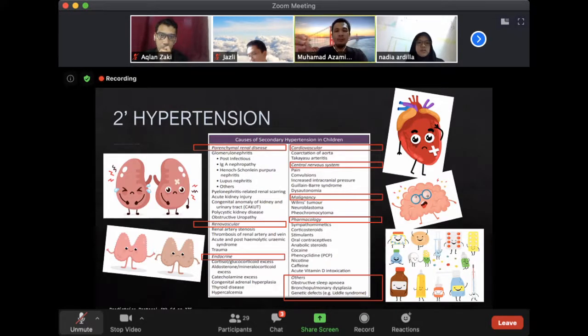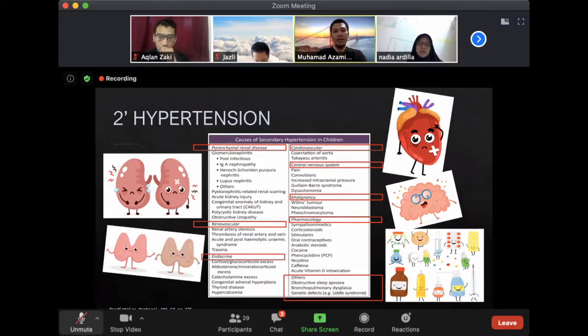At that particular time, you just want to make sure that the BP is always normal, so that it does not cause damage to your basement membrane and your glomeruli, because if you damage them, then most likely the child will develop hypertension all their life. So by doing that, you're hoping to reduce the damage to the glomeruli. Hopefully, once the PSGN subsides and resolves within 18 months or 2 years, the child will not need